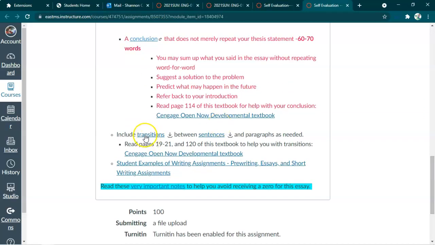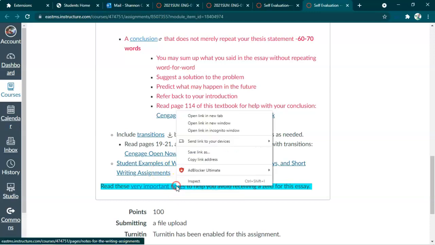And then you've got another handout for transitions, and page numbers to show you how to use transitions in your paragraphs. And then you have a samples folder that you can look at, and there are bad examples in there and good examples in there. And then if we open the notes